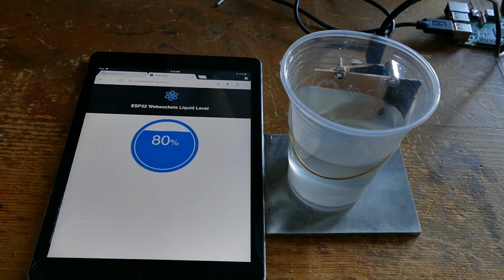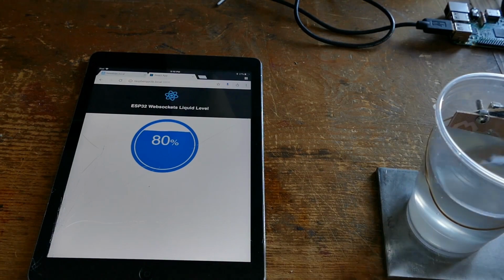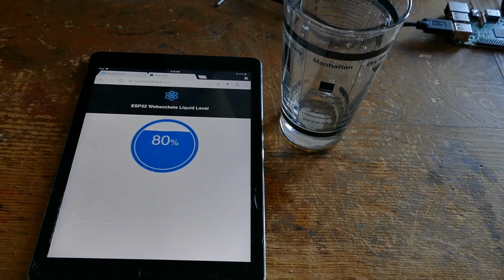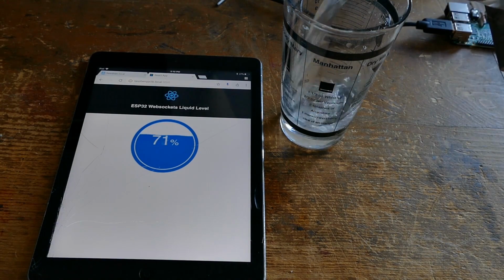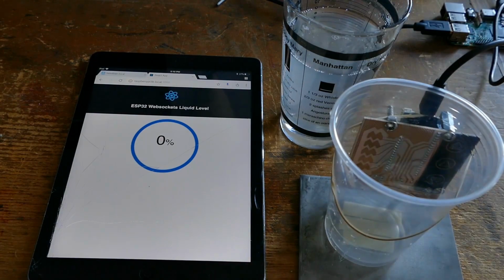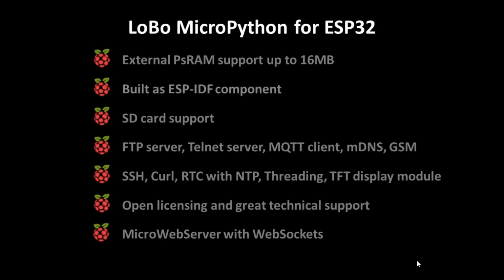WebSockets are a great way to provide real-time, full-duplex communication over the internet. React is a powerful and relatively easy solution for interactive web or mobile UIs. There are tons of open-source React components available for download on the web, such as this fluid level sensor, which really expedites coding. For this tutorial, I'll be using the LoBo MicroPython firmware, which has many advantages over the standard